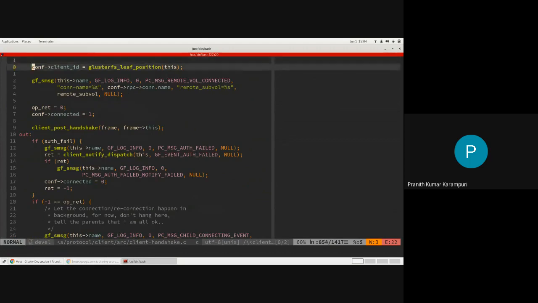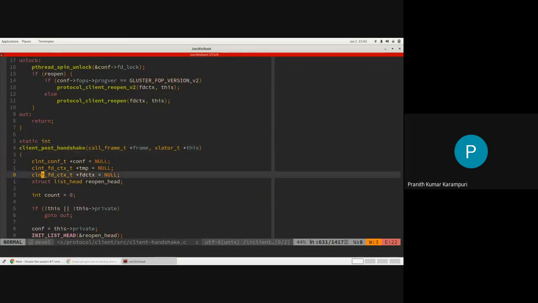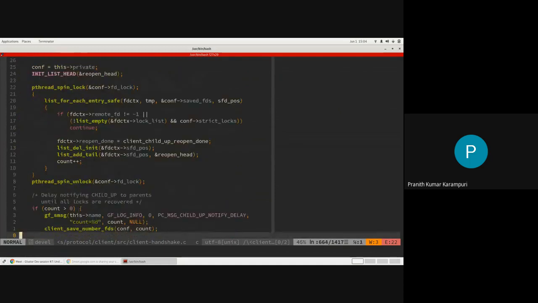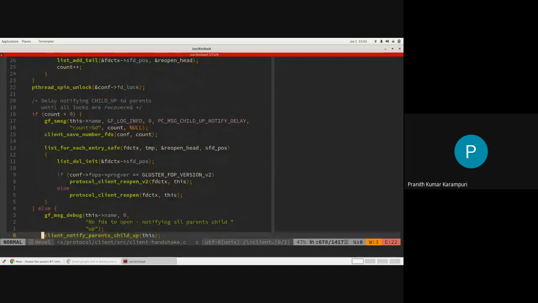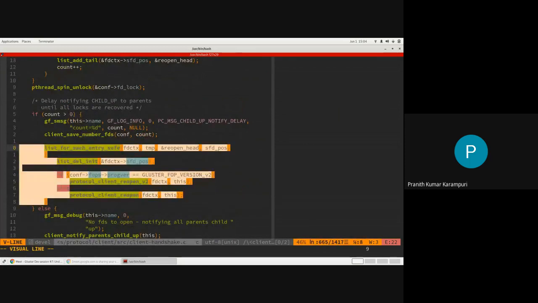So it will do something called post handshake, in which it will notify the parent translators that it is up. This part which happens in the reconnection we will cover a bit later.